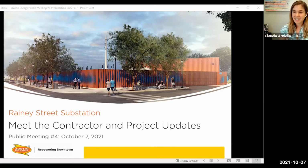So tonight, we're actually excited to share the final design that has recently been approved for construction and also introduce you to the construction contractor team from J. Reese Contractors. So for tonight,